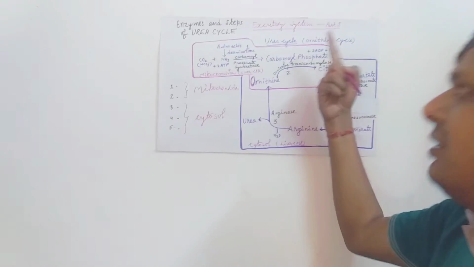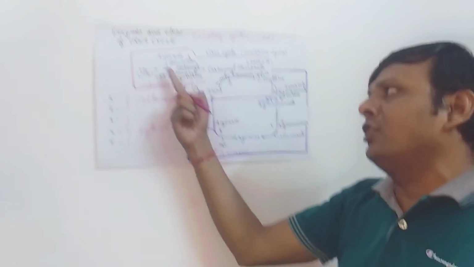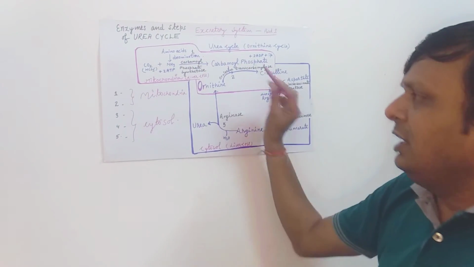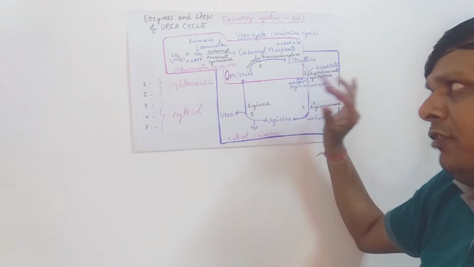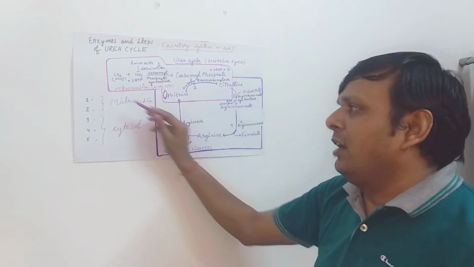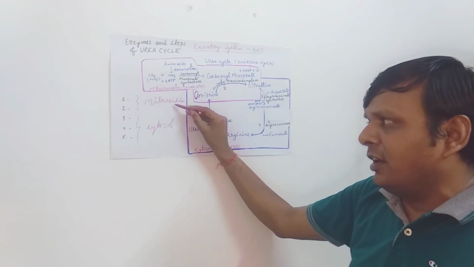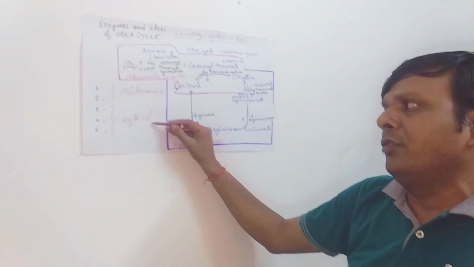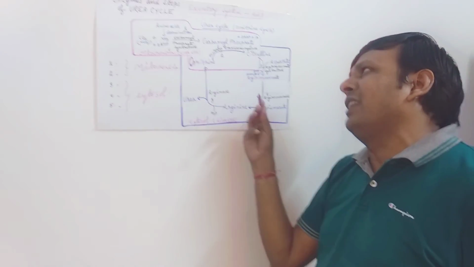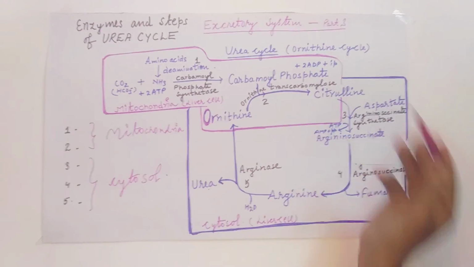Thus the urea cycle mainly involves the conversion of more toxic ammonia into urea. We remember each and every step of the urea cycle is very important to know during excretion. The first and second reactions of the urea cycle occur in the mitochondria, while the remaining reactions occur in the cytosol. Thus the 5 enzymatic reactions of the urea cycle are very important, and it is interconnected with the Krebs cycle, and it is also termed the